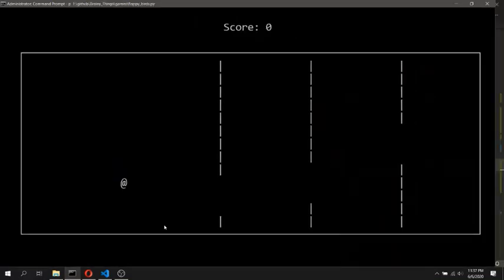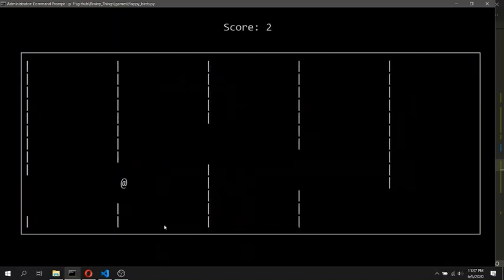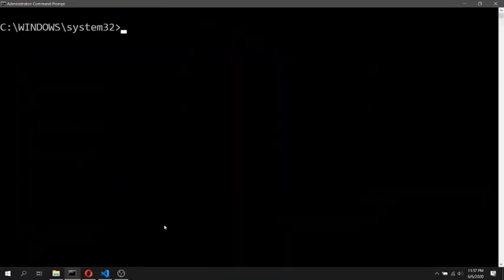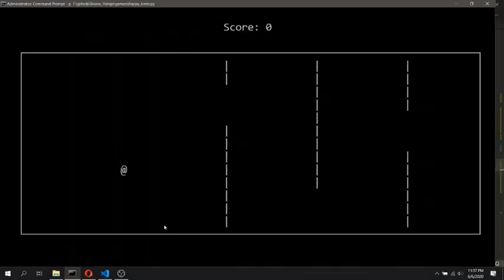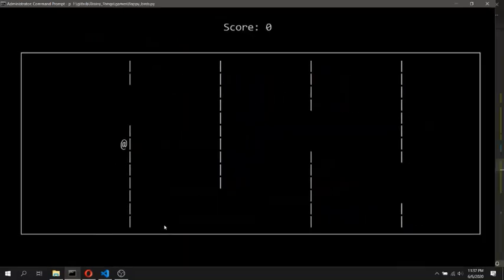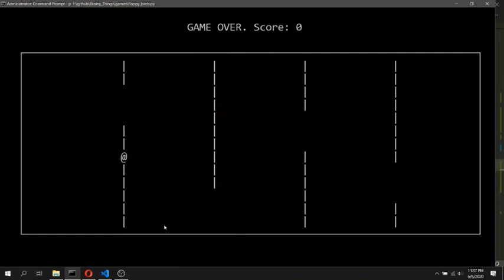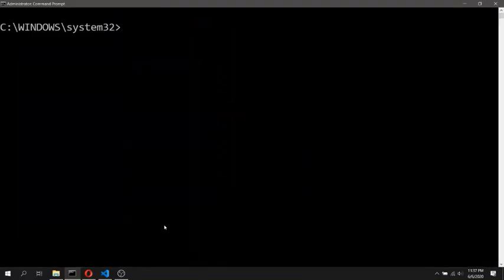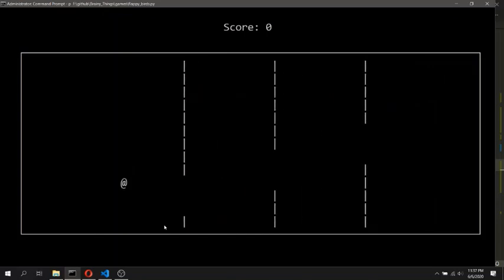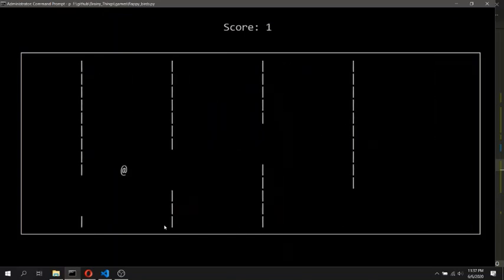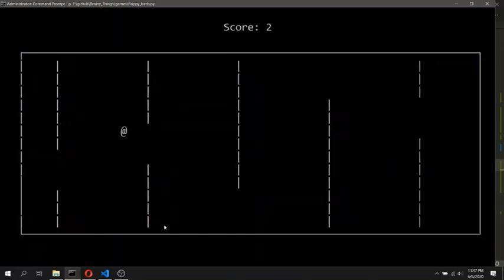Let's see. Yes, the score is 2. But if I collide with the pipe over here, okay, the code is working fine. So this way we have completed the Flappy Bird game.